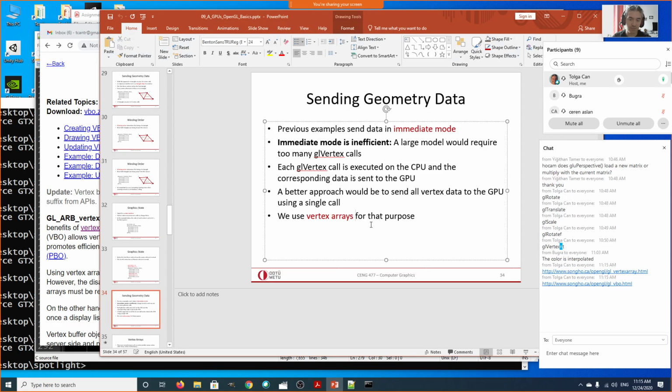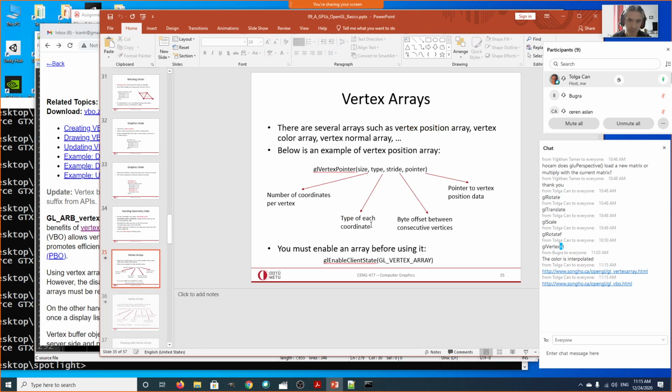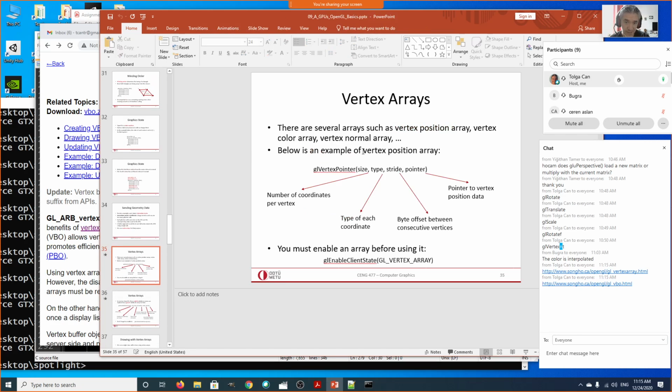So this is the vertex buffer objects. So the vertex arrays, as I said, it's this pointer here. The data is still on the CPU. So glVertexPointer says that I have data on the CPU side. I'm going to use it